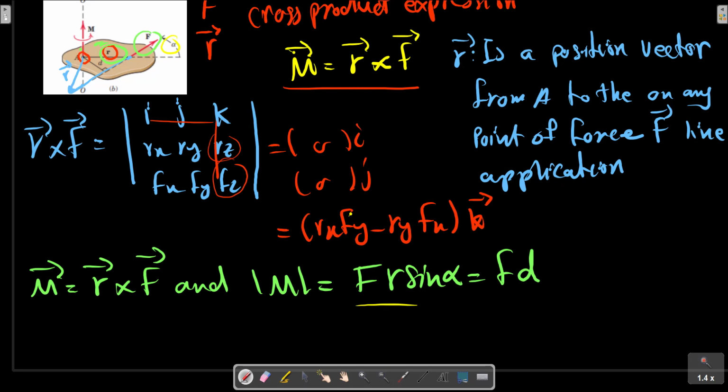When we evaluate the moment of a force about a given point, the choice between using the vector cross product or the scalar expression depends on how the geometry of the problem is specified. If we know or can easily determine the perpendicular distance between the line of action of the force and the moment center, then the scalar approach is generally simpler. If, however, the F vector and R vector are not perpendicular and are easily expressible in vector notation, then the cross product as shown here